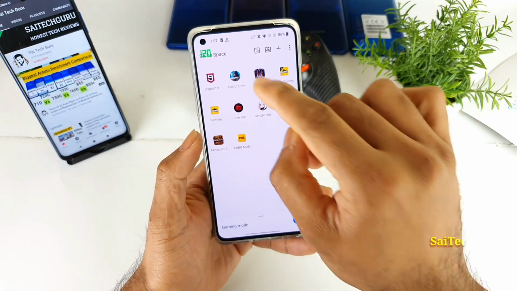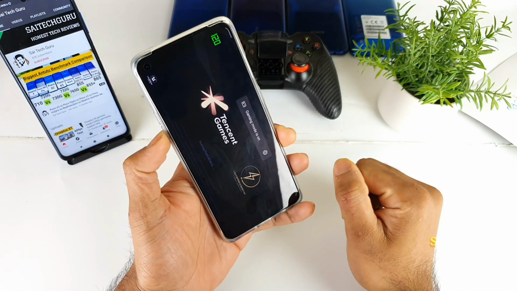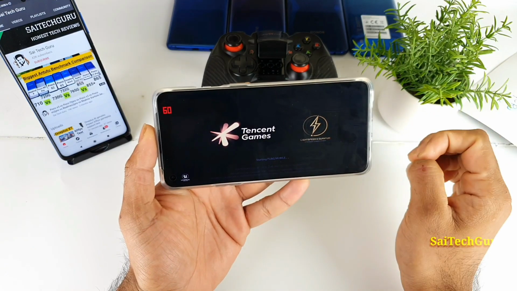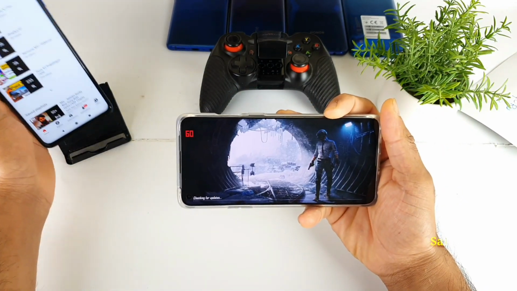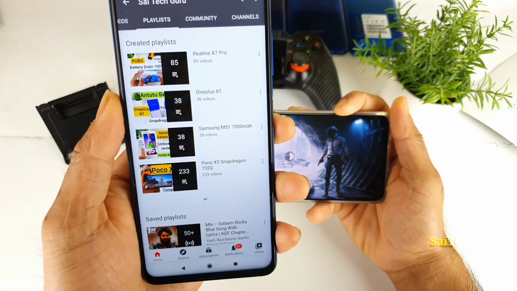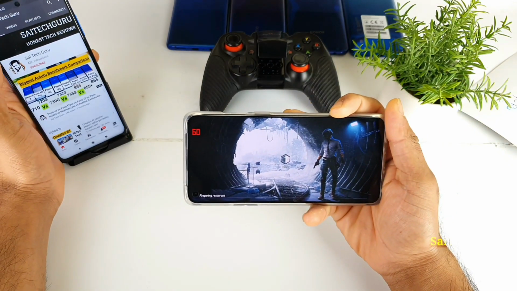And let me quickly open the PUBG game right now and show you the 90 FPS support test in this phone. I did enable the 120 Hz refresh rate before starting this game. So let me try to show you the playlist for the OnePlus 8T, and in case you want to know more details about the OnePlus 8T, try to check the links in the description. You can find so many interesting videos which I already did on the OnePlus 8T device.